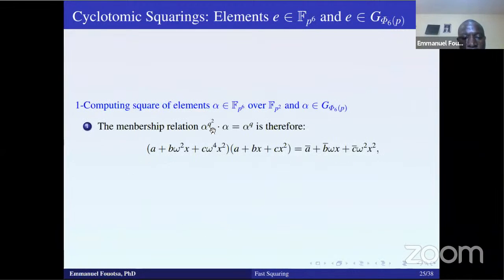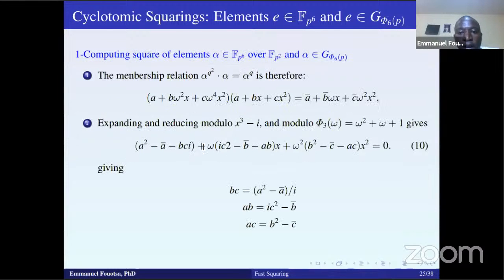In other words, alpha to q squared times alpha is equal to alpha conjugate. What is alpha conjugate? It's a conjugation. We can evaluate it and get this expression, and then this is alpha to q squared, and we expand all this,